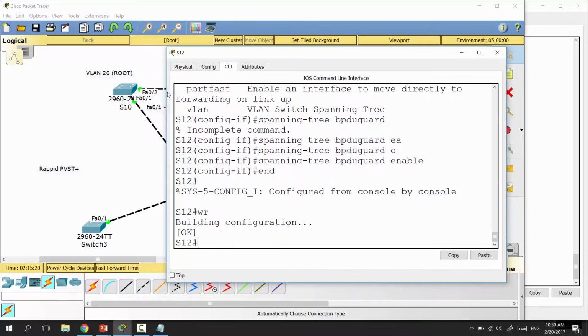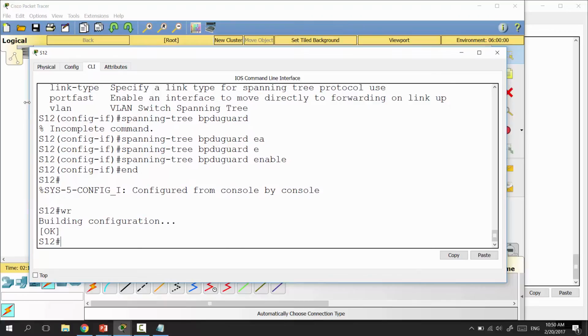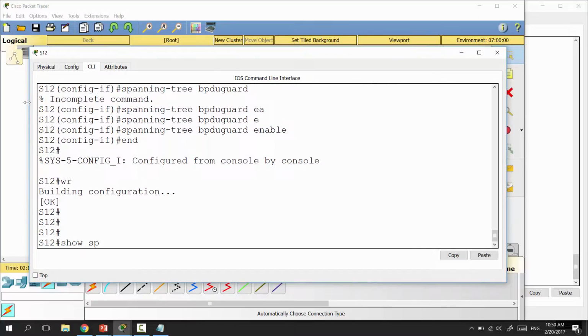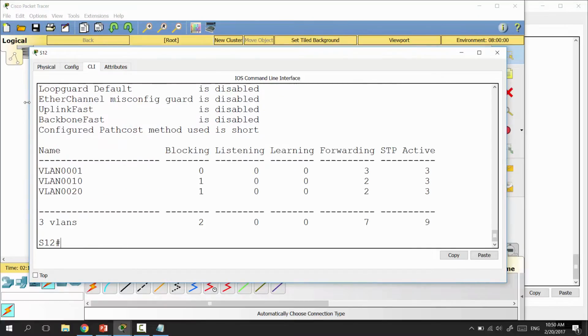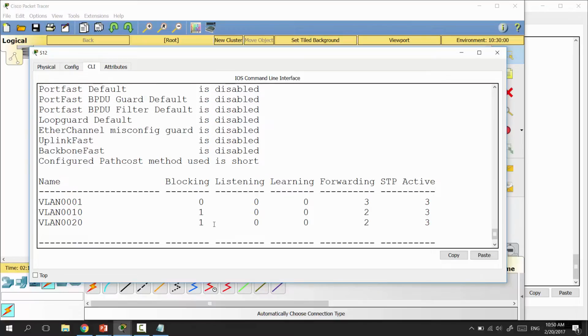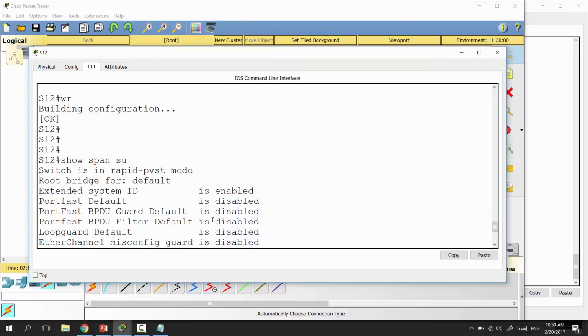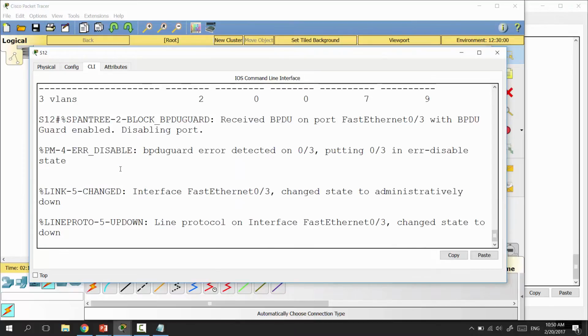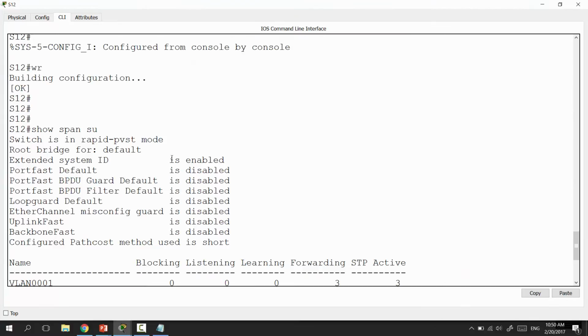And now if you take a look at your configuration, show span summary, it will show you that you are working with the rapid PVST mode, and now this one is enabled,